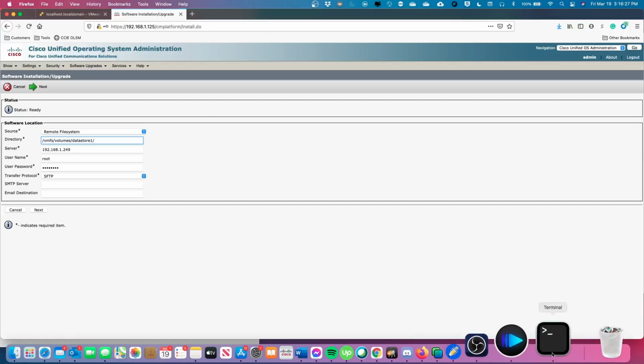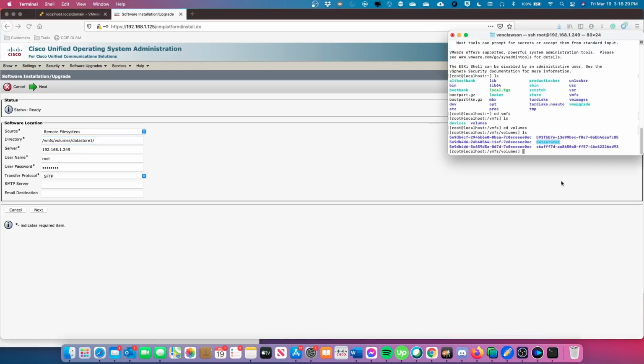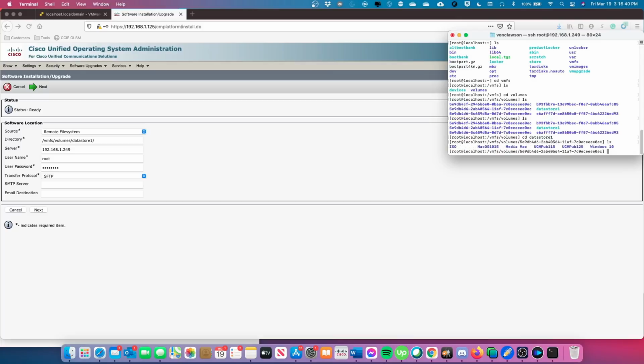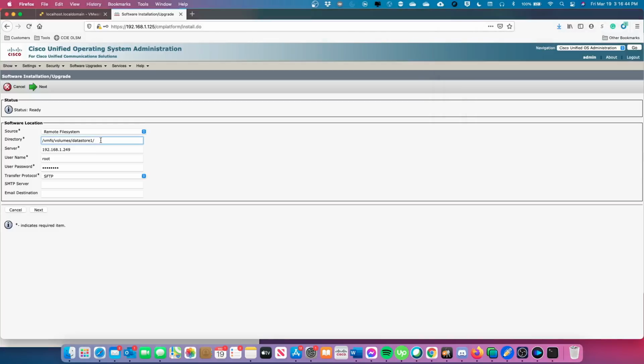And then we need to put the folder that we uploaded those COP files into. In this case, I uploaded them to the ISO directory. Okay, so that's it. I think we have that correct. We're going to go ahead and click on Next, and it's going to reach out and find the files